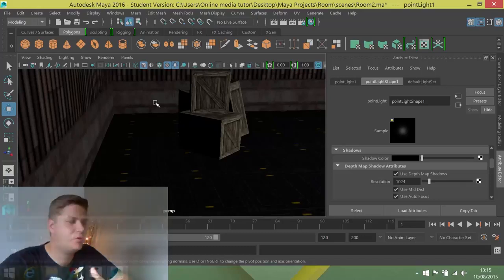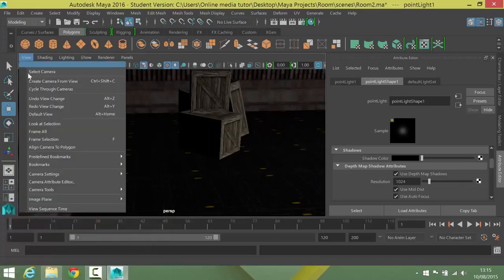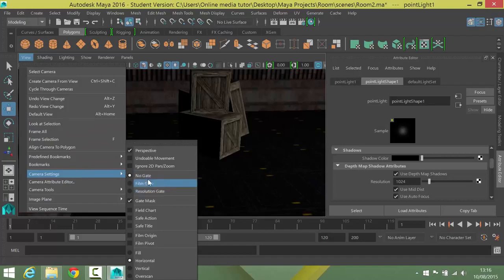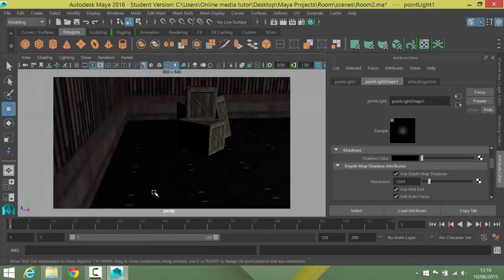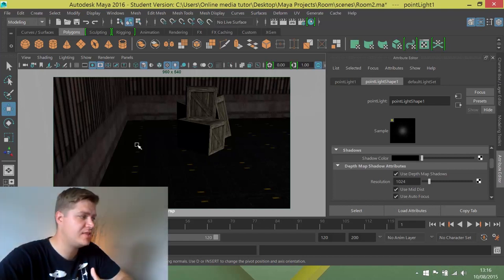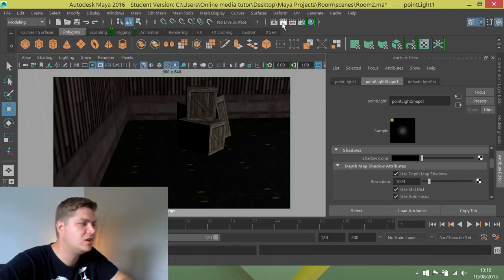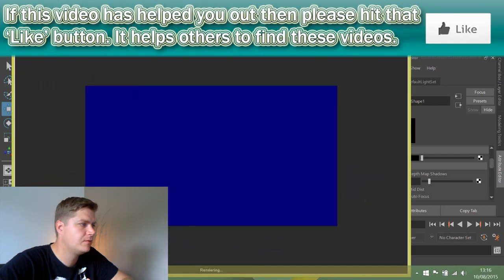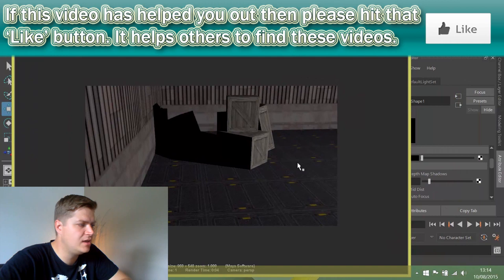So to make sure that you know exactly what's going to render, you need to click on View, Camera Settings, and then you've got these gate options. Resolution Gate will put a rectangle on your screen. Anything you put within this rectangle is exactly what's going to render when we click on the render button. So in order to perform a test render, just click on this clapperboard here. And there you can see the light's hitting the crates, and behind that we have some rather beautiful looking shadows,